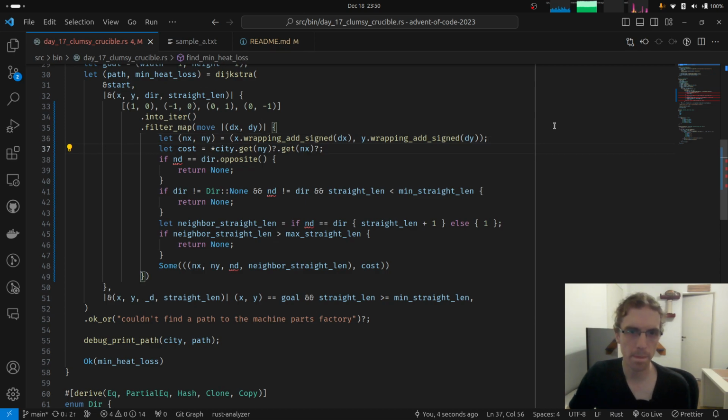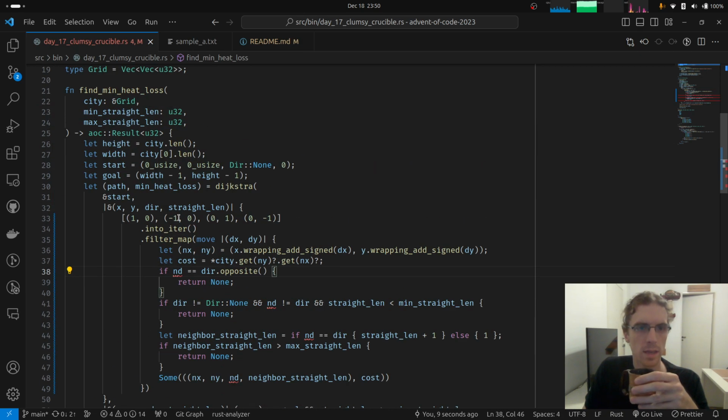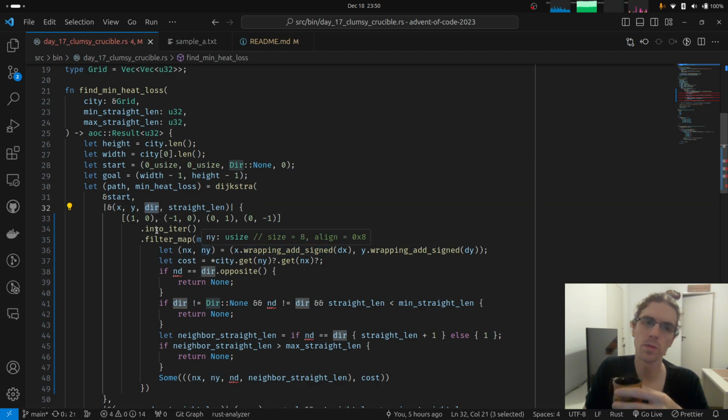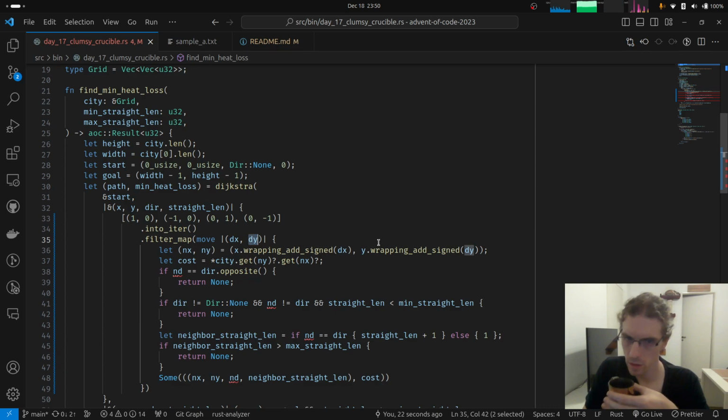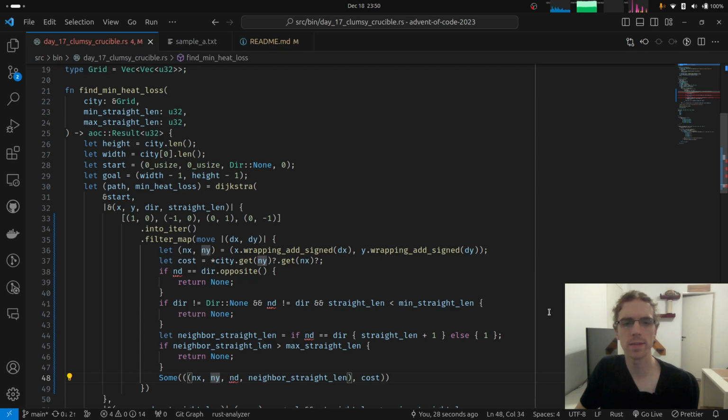Yep. So up to this point would be the same. Now we also need a direction here, but for the direction we would be storing this dx, dy, I think. Right? Yes, I think so. Because we wouldn't have the enum again.